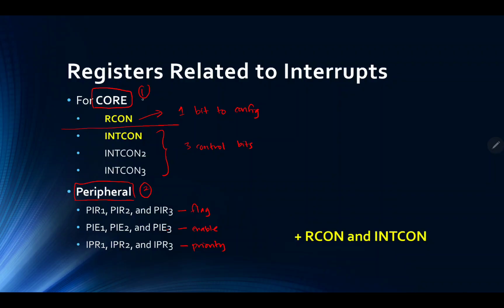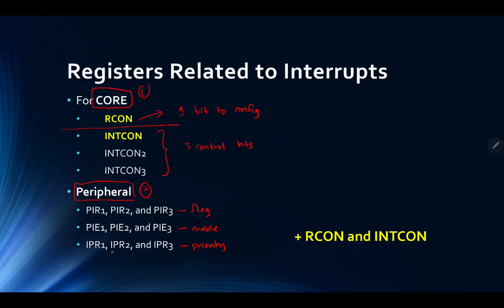For core group configuration, there is the RCON register, and INTCON, which stands for interrupt control register, INTCON2, and INTCON3. And then for peripherals, you have the peripheral interrupt registers. There are 3 of them, PIR1, PIR2, PIR3. All these are special function registers,